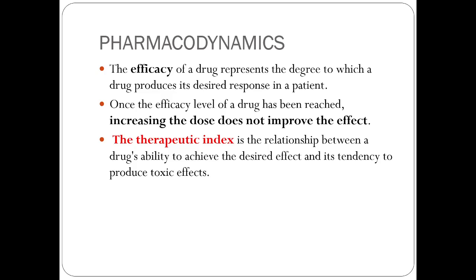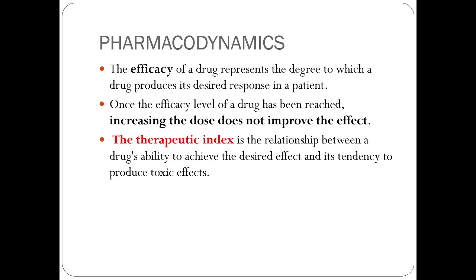How many people do you know that take an amount of medication and say, well, that worked, but I bet I can get it to work better, and so they take more? That's not how it works. Okay, so you need to follow those dosages, and once we've had that max efficacy level,